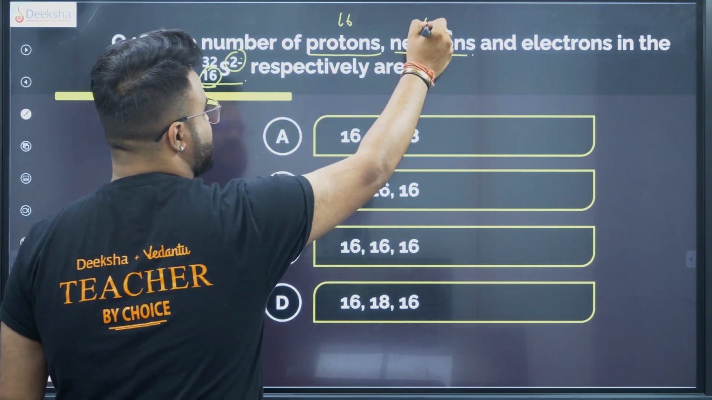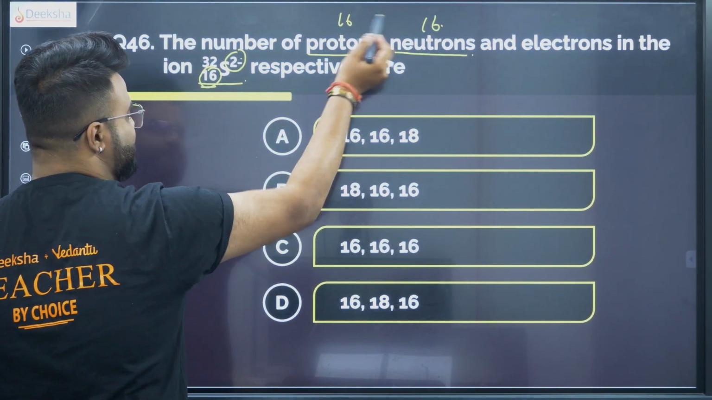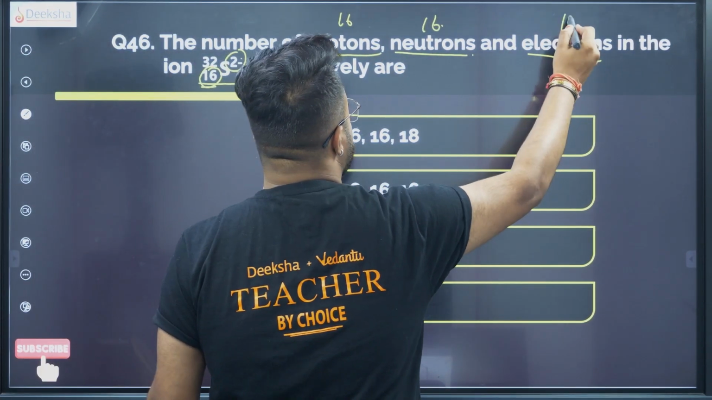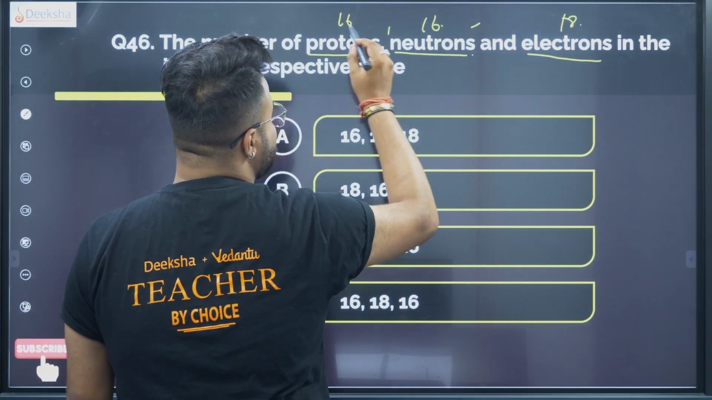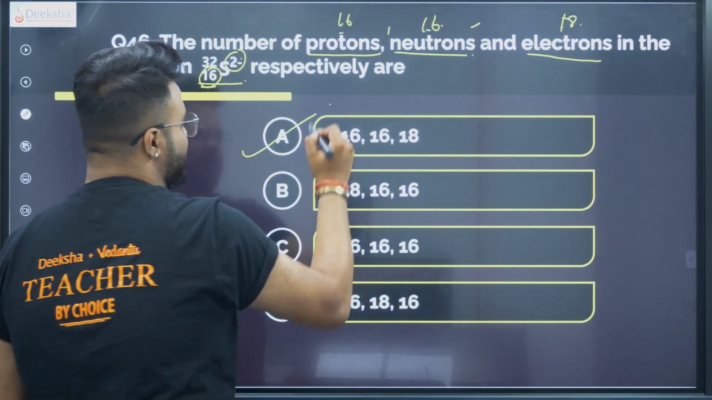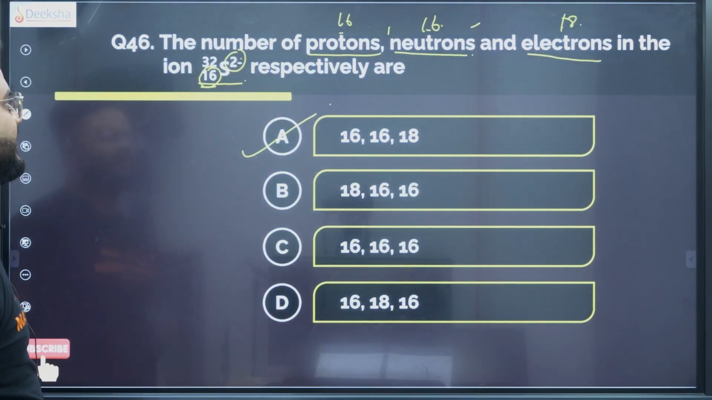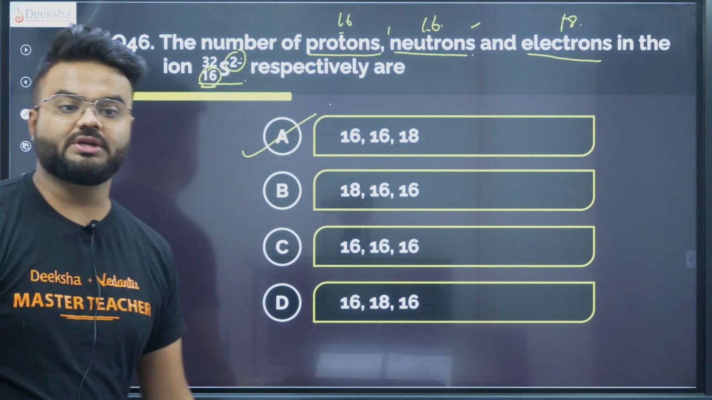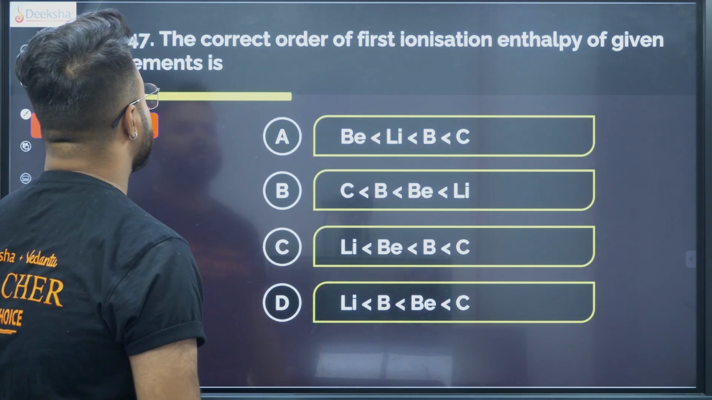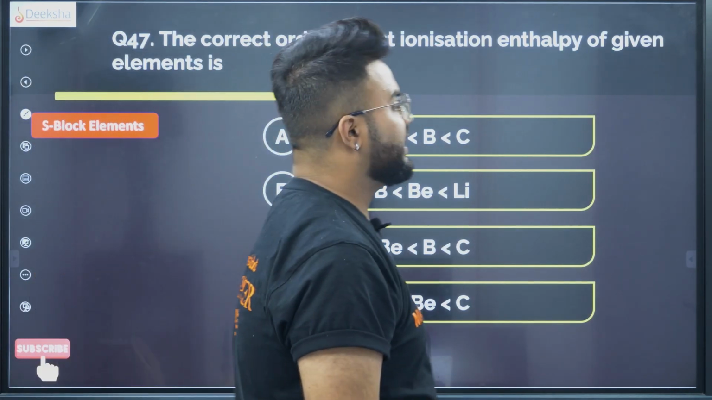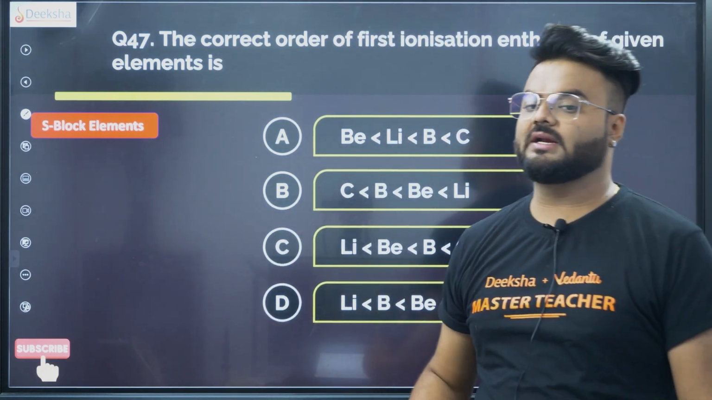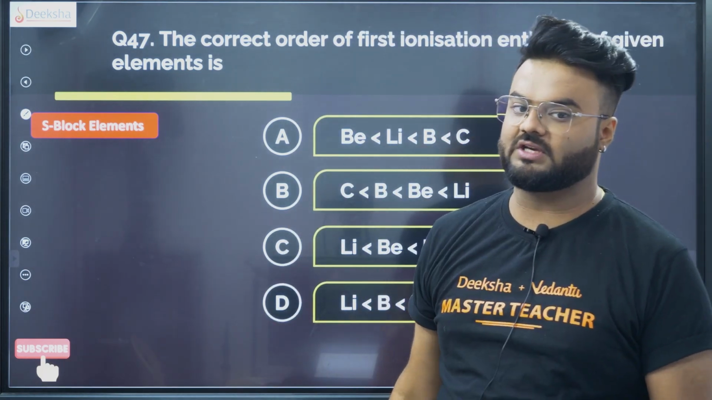So 16, 16, and the electrons are 16 plus 2, which is nothing but 18 electrons. So which option resembles 16, 16 and 18? That is nothing but option A, and your correct answer will be option A. Okay. Now coming back to that, that is the correct order of ionization enthalpy of the given elements,